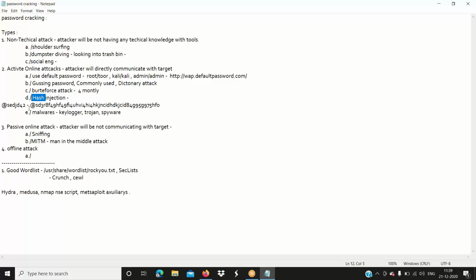Let's say this is my password, which I am using. My password will not be stored in the database as it is, because once the database is breached, the attacker will get all the clear text passwords. It's very easy for him to enter anyone's accounts with the help of all these clear text passwords.